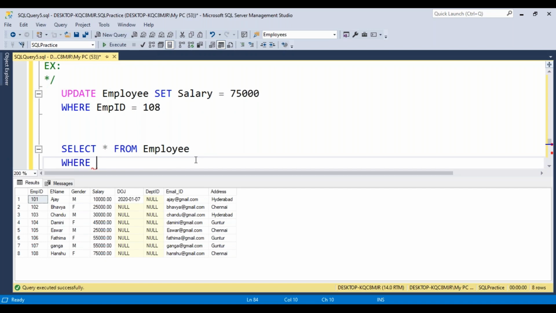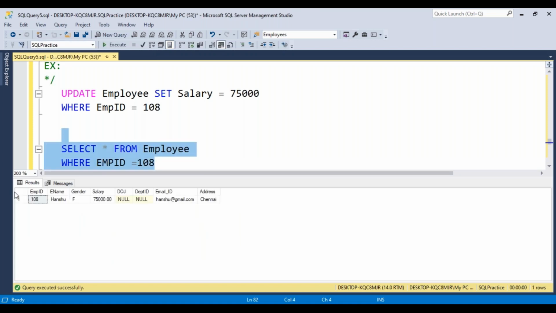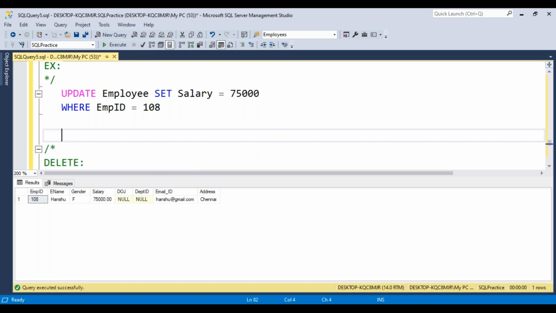Where condition is nothing but a filter condition. We will go deeply into the where clause in the next class. Just understand, okay, 108 part. It will read only one record. Whatever filter condition you apply is nothing but a filter condition. It restricts the data, or we can go without restricting the data. Okay, now the update statement is completed.